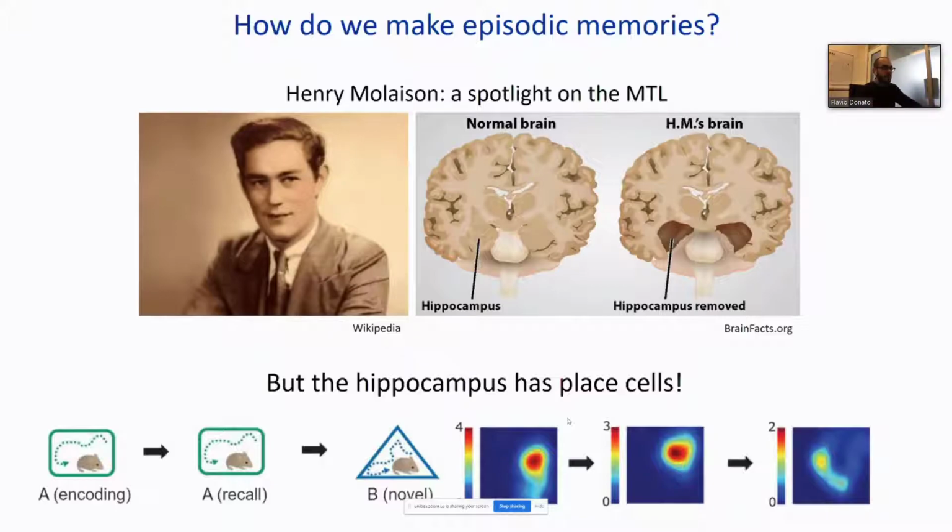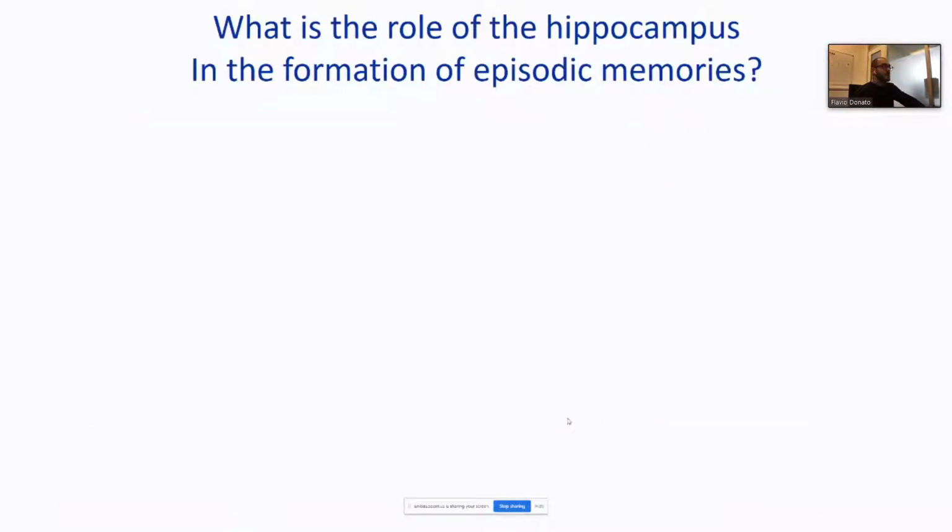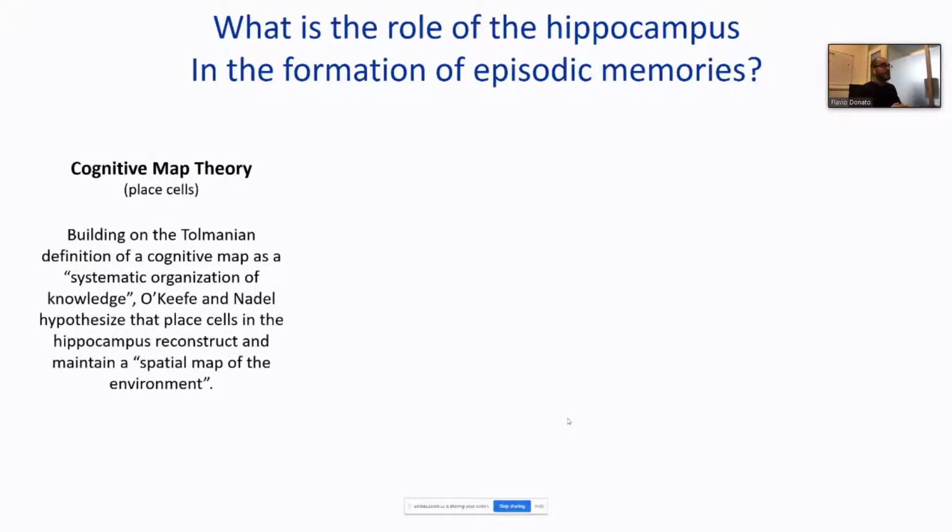So based on the different observations, amnesic patients, recording of place cells in the hippocampus, 3 different hypotheses have been put forward. The first one being that the hippocampus is the seat of the cognitive map that Tolman was talking about. Cells in the hippocampus and the entorhinal cortex have the ability to create a spatial representation that allows you to put your memories, or the events that happened to you, into a spatial context, and that's how you organize your knowledge in the brain.